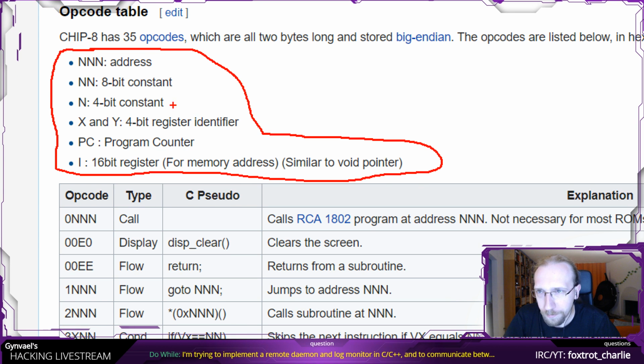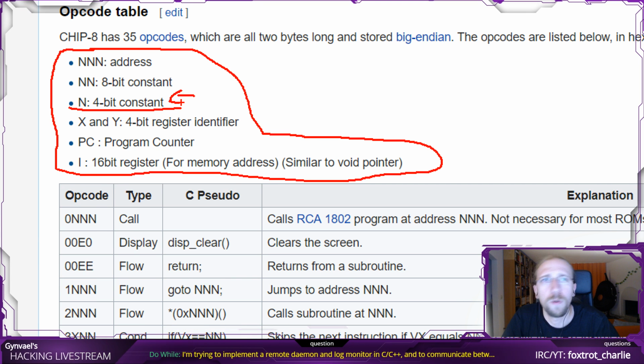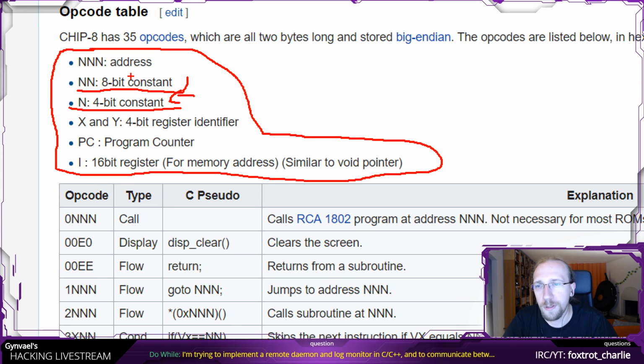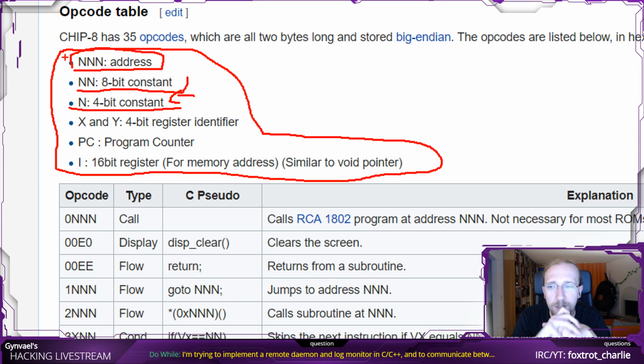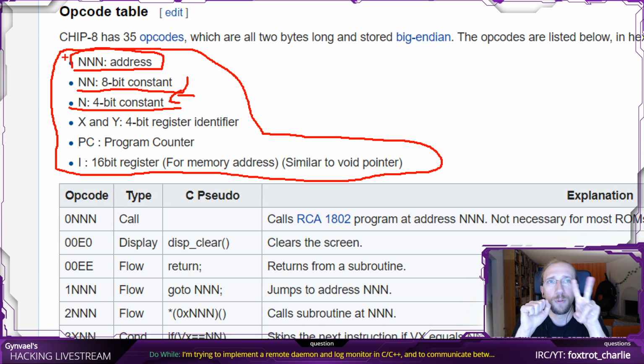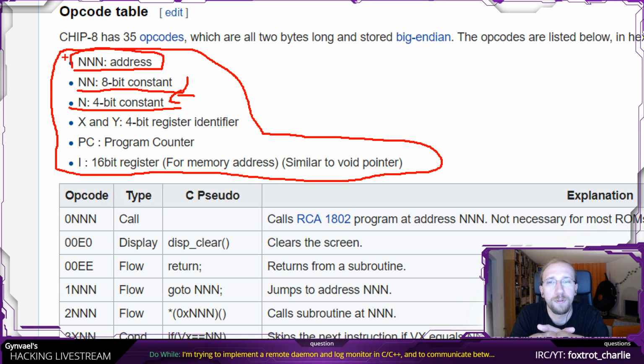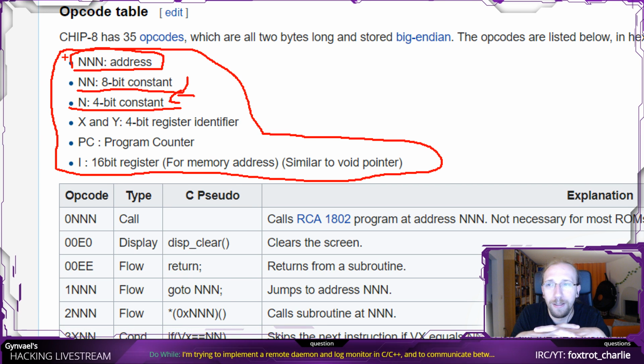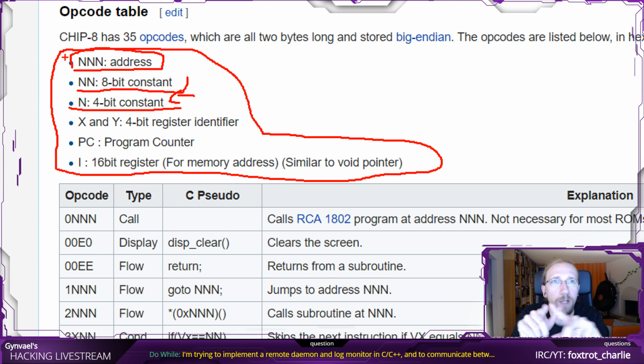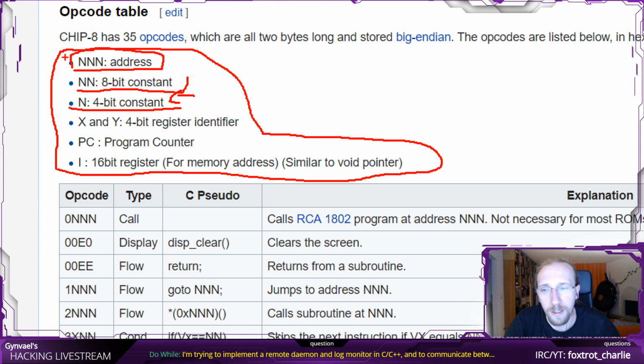My apologies. So yeah, n is a 4-bit constant. Usually you don't use the term constant, you use the word immediate, but that's fine. And nn is basically an 8-bit constant, which is 1 byte, and nnn is actually an address. Oh, so no, this is smart. I said there would probably be 2 instructions required to fill the address register, but since they just need 12 bits to address the whole available 4 kilobytes of memory, they can just use an opcode, and then 12 bits still fits in it.